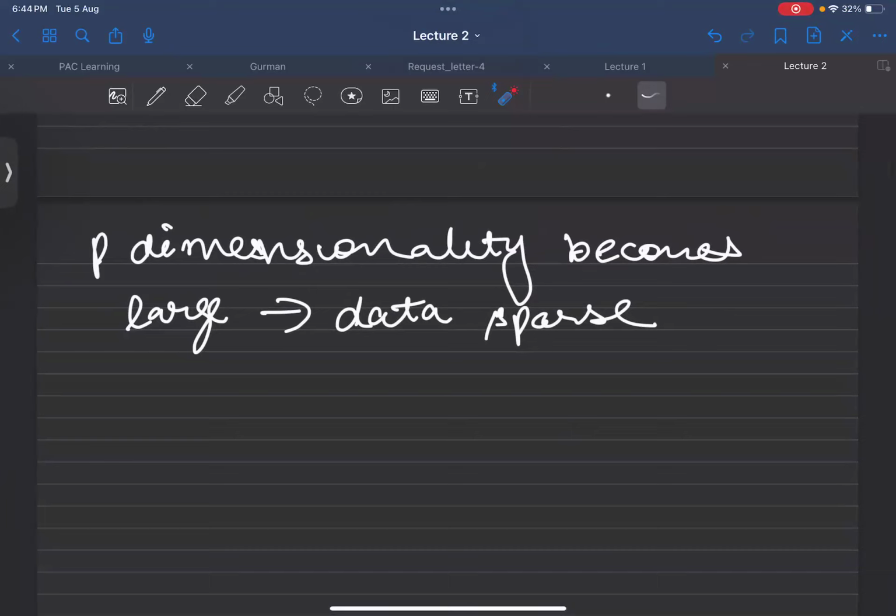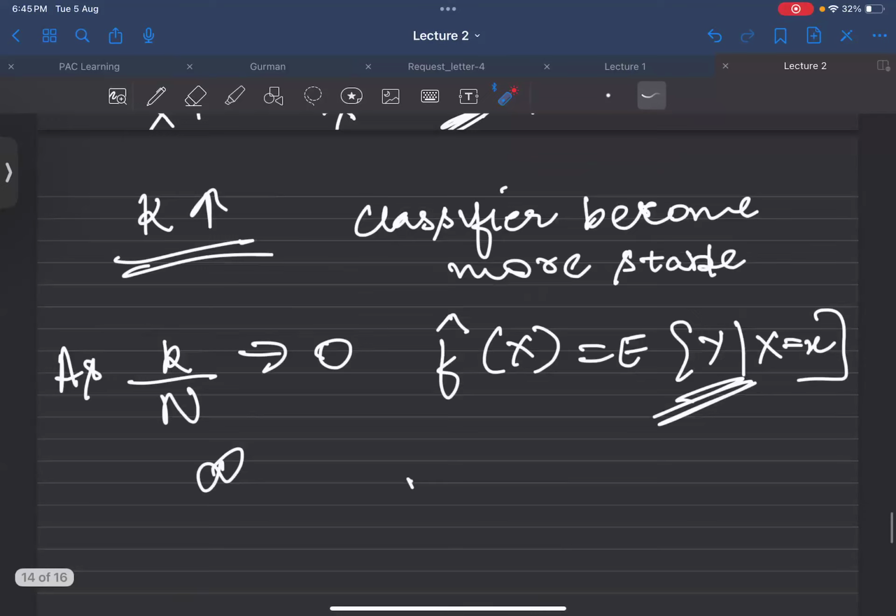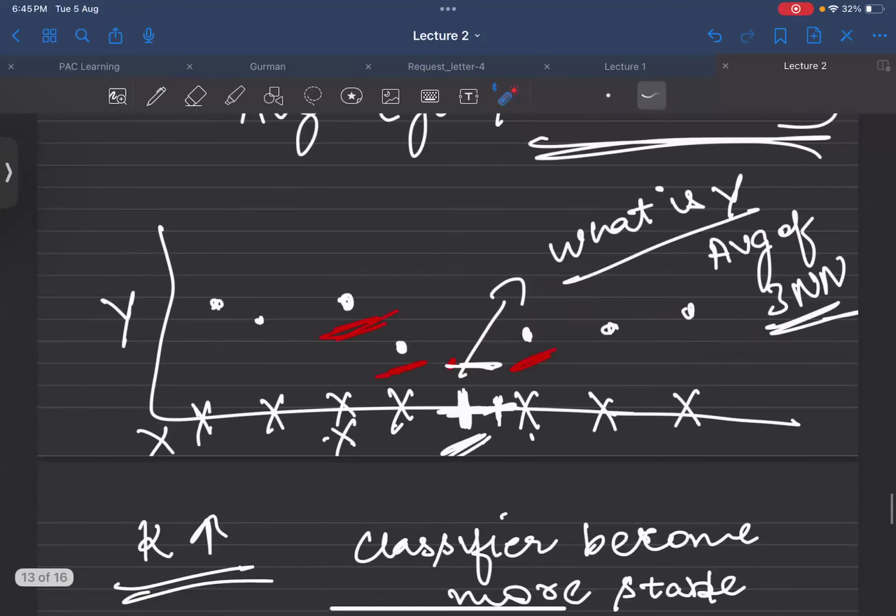Like in the last class, suppose I have the X and I want to buy a house. The features are location, area, and cost. When these features become very large, then the data is sparse. Basically, the data is far away from each other, and when the data becomes far away from each other, then the scaling is not that suitable here.